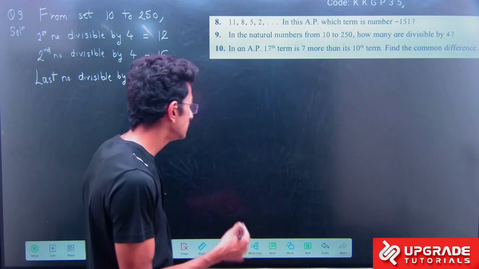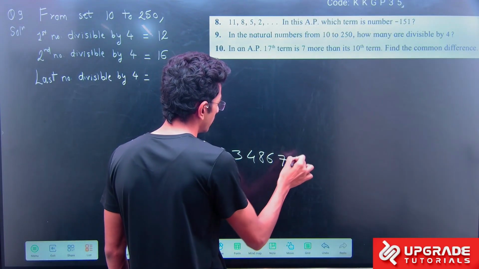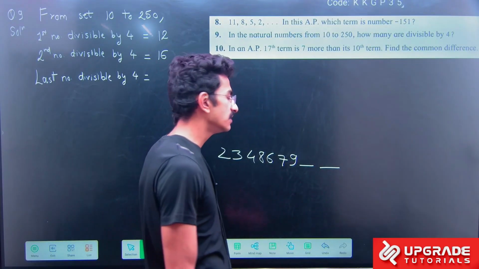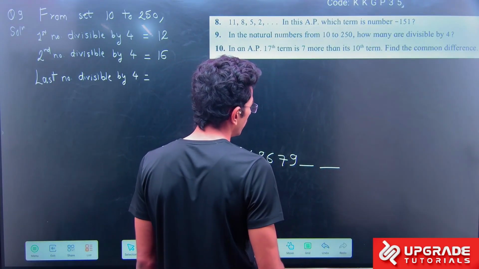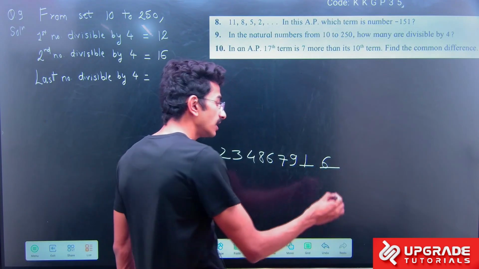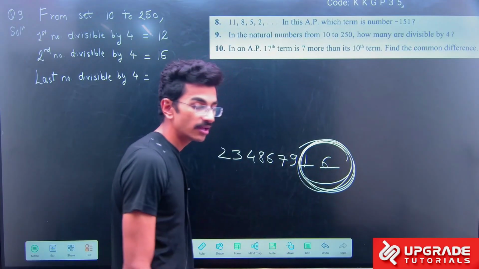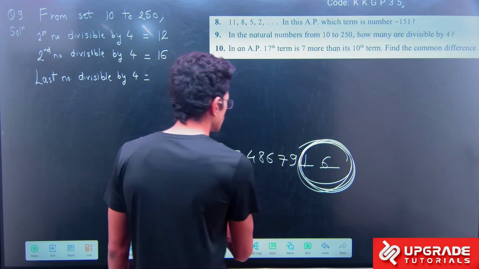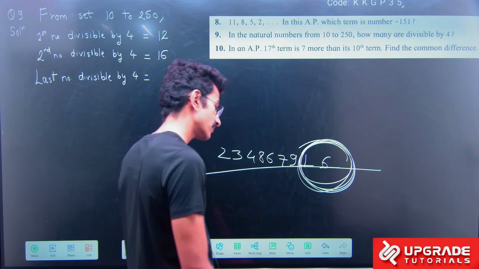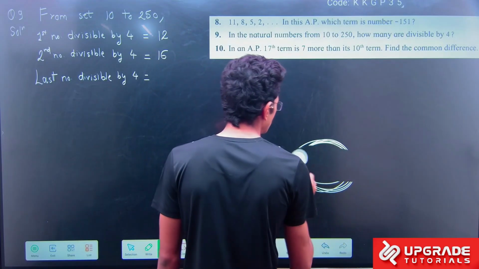Understood? Means be it any number 2, 3, 4, 8, 6, 7, 9, but the last 2 digits must be divisible by 4. For example, if I take 16, what are the last 2 digits? 16. Is 16 divisible by 4? Yes. So this whole number is divisible by 4. Understood? Okay. So now we'll check